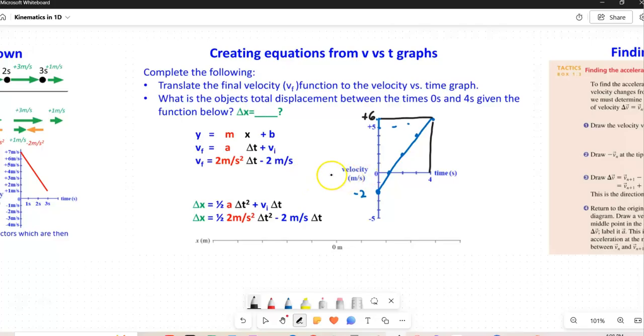Okay, so you start out at negative 2 meters per second. After the first second, you're not moving. After the second second, you're moving at positive 2 meters per second. And after the third second, it looks like you're moving at positive 4 meters per second. And then after the 4th second, you're moving at positive 6